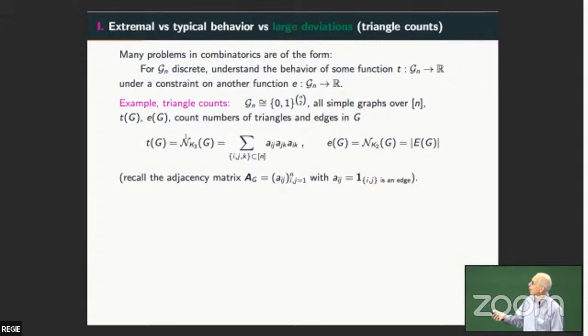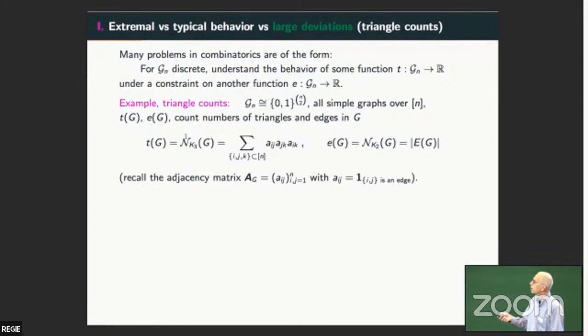And you can also write these in terms of the adjacency matrix of the graph. Every graph is associated with an adjacency matrix. You put a 1 whenever you have an edge, and 0 otherwise. You have an n by n symmetric matrix. And you can write, for example, the number of triangles by going over all triplets i, j, k and multiplying a_ij by a_jk by a_ik. You will get 1 only if all 3 edges are present, and that will count the number of